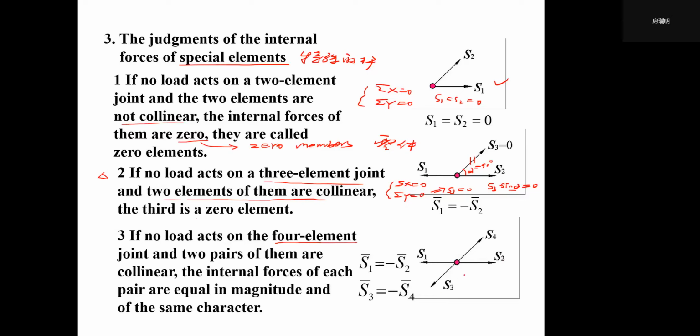This one is pretty difficult to understand, because we can think this is alpha and this is alpha. We can just use these two equations, sigma y equals 0 and sigma x equals 0, to figure it out ourselves. When we use sigma y equals 0, we have S4